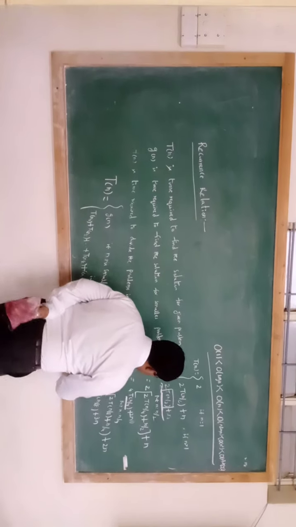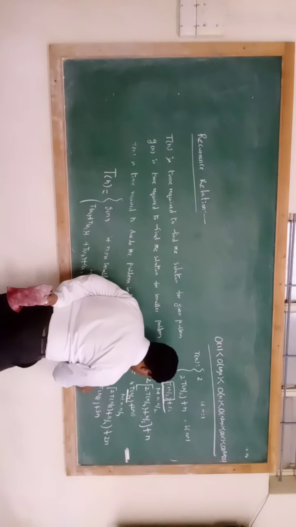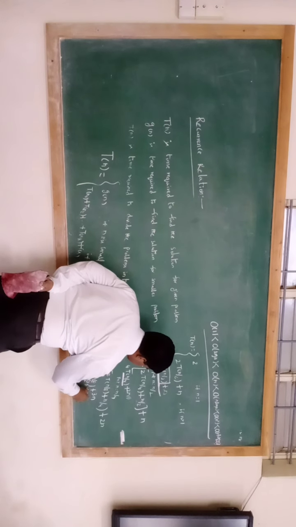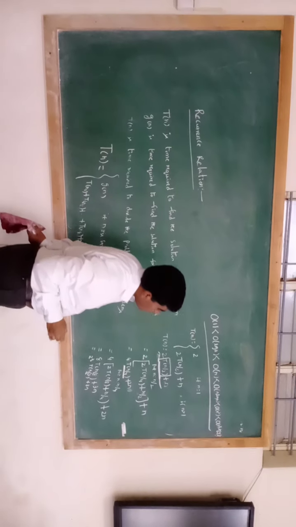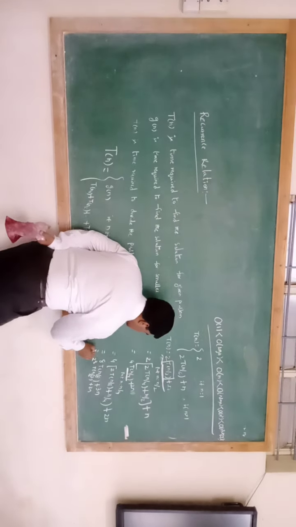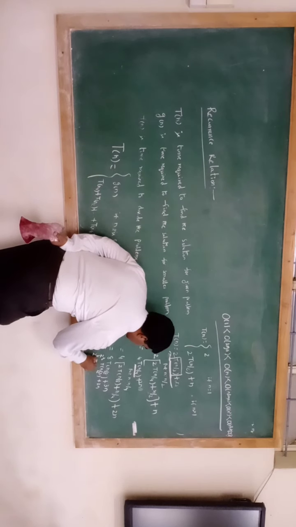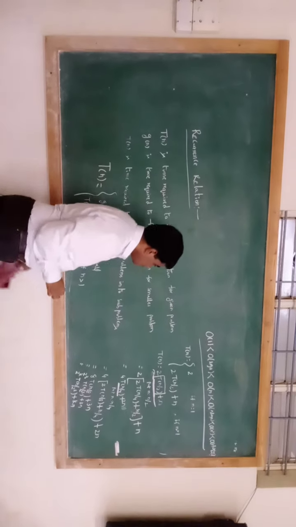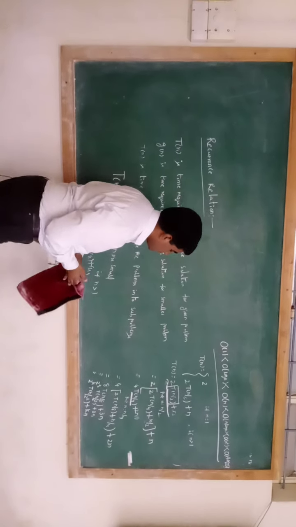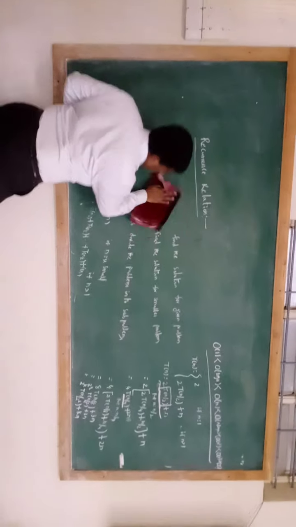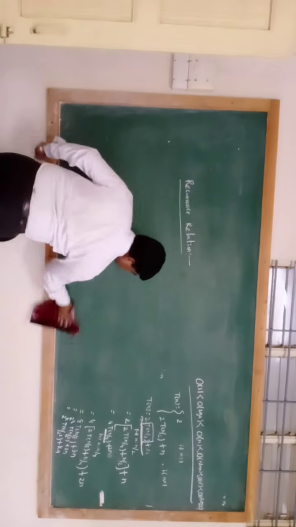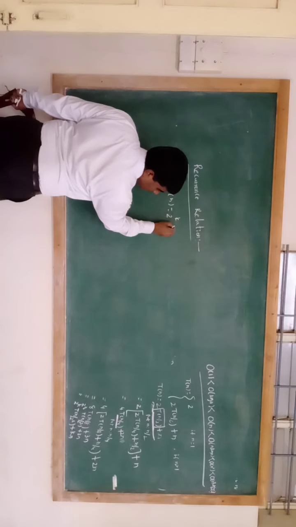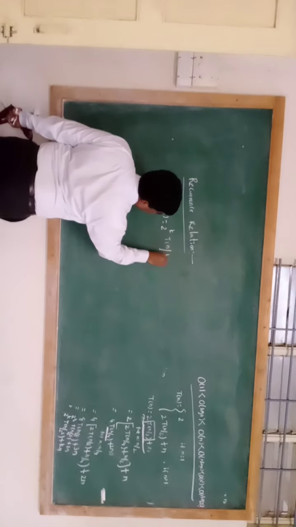Now I am writing 8 equal to 2 cube: T of n by 2 cube and 3n. So up to so and so, how many problems are we dividing? k problems. So T of n equals 2 raised to k T of n by 2 raised to k plus k n.